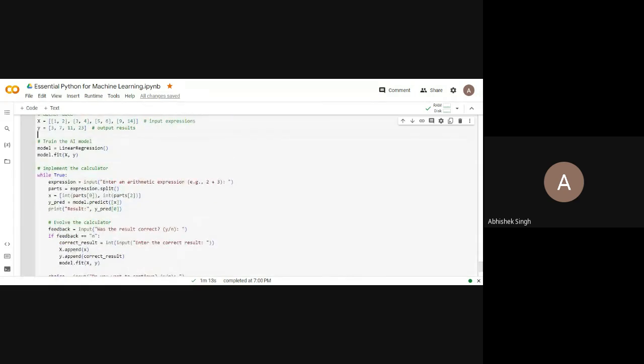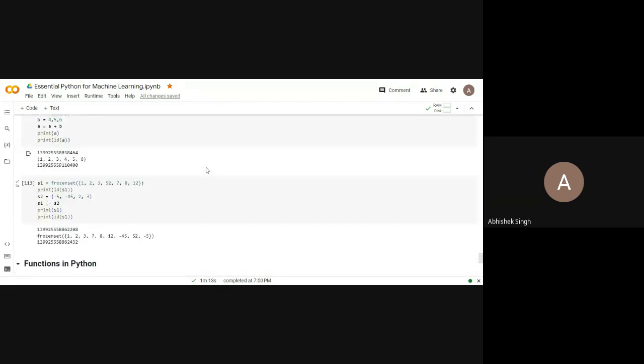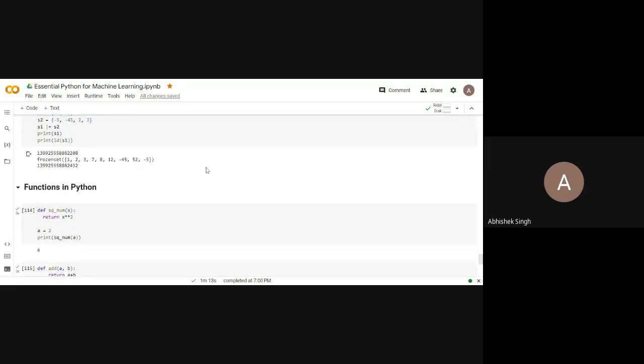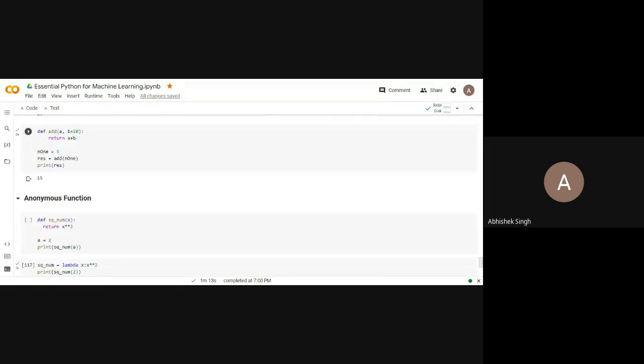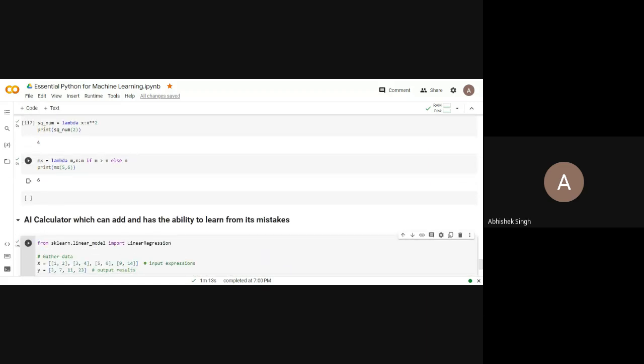So that's it from my side. I tried to cover those parts of Python which are actually necessary for machine learning. There are different things; the list is very huge. You should learn the enumerate function, which I haven't taught. There are certain functions used with lambda, that is map, filter, reduce. But those are generally not used with the machine learning part. So I have tried only to cover those parts which are used in machine learning, and that's it from my side. Thank you, sir.